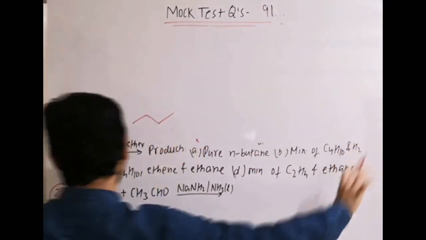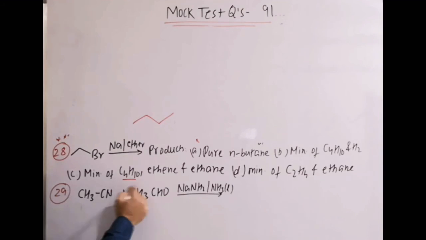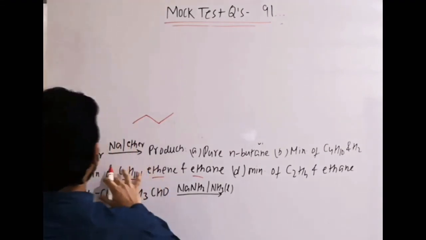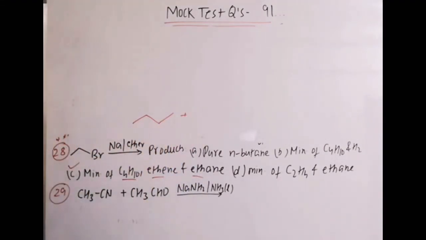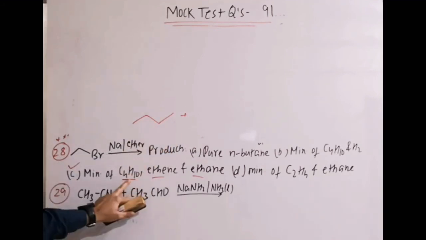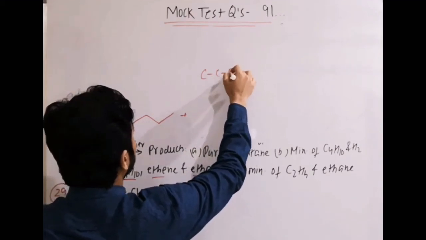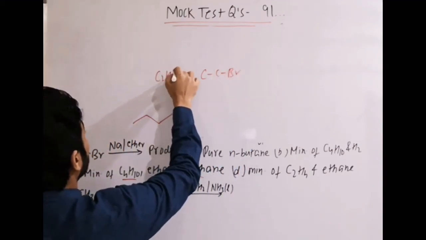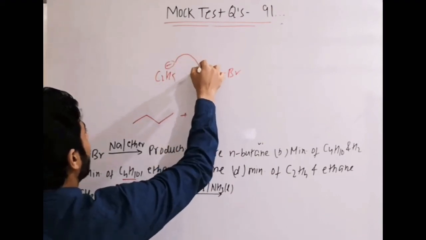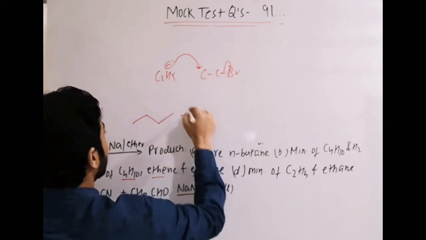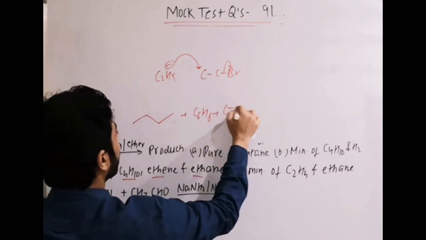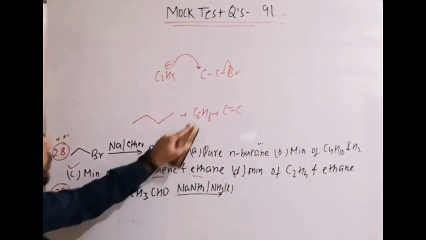Mixture of butane plus H2, okay, leave that one. Mixture of butane, ethene and ethane. Now this is the correct answer. Why? Because when the reaction takes place, both mechanisms are proposed, free radical and anionic. So no doubt we get butane in good yield, but ethene is also possible. How? When the carbanion is generated, it takes beta H, Br leaves, and this will give C2H6 and this will give ethene. That is the possibility of